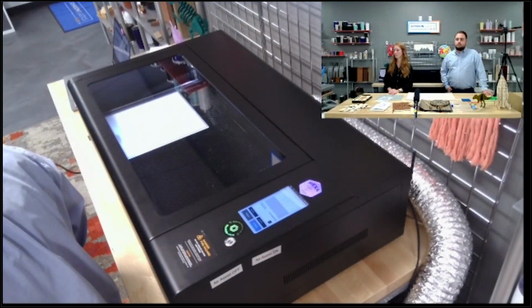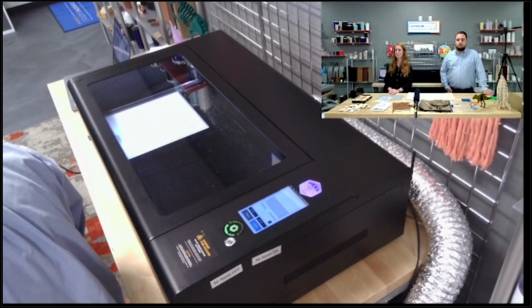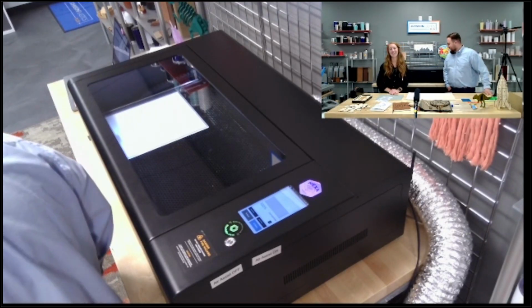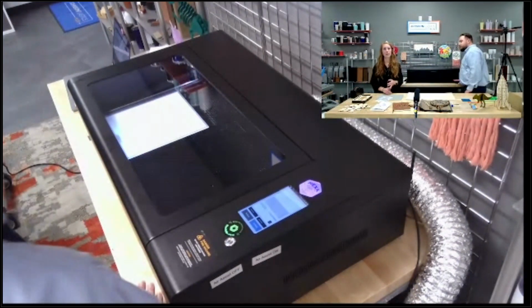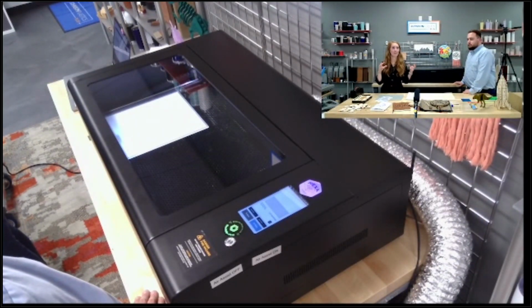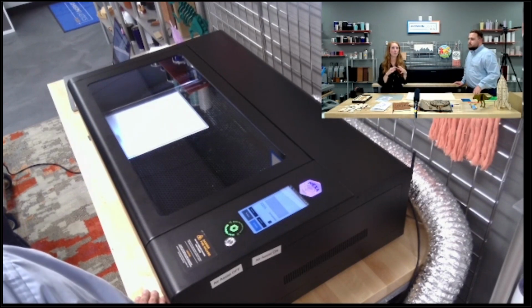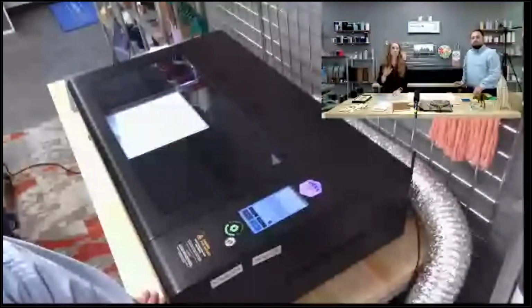Another question that came in was about the software that comes with the Flux line of lasers. I know we didn't have a close-up on your laptop, but we do have a video on our YouTube channel that shows you, look, if I can do it, you all certainly should be able to. It is really easy. Flux did a great job developing the software. You can drag and drop the icon for the camera, which looks like a camera, so they've made it super user-friendly. You drag and drop that on your work board, and then to import artwork, it's the typical photo icon that a lot of companies use. You click that, upload your artwork, and you can move it around.